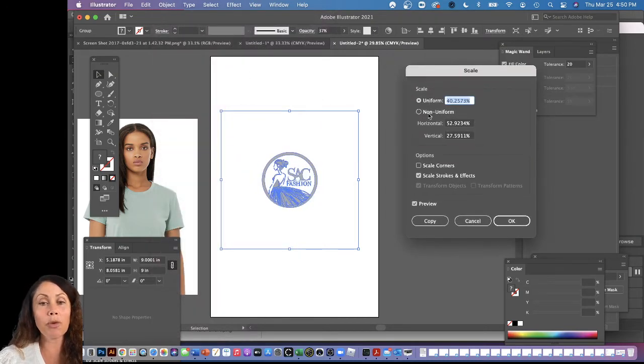You can do uniform or non-uniform, which is a lot like that link over here in the transform box. It's just going to constrain the proportions, the width and the height. So we do want uniform. So make sure that's checked. And, if it was at 100%, it would just leave it. But we want it 10% bigger. So we need to do 10% more than 100. So I'm going to type in 110%